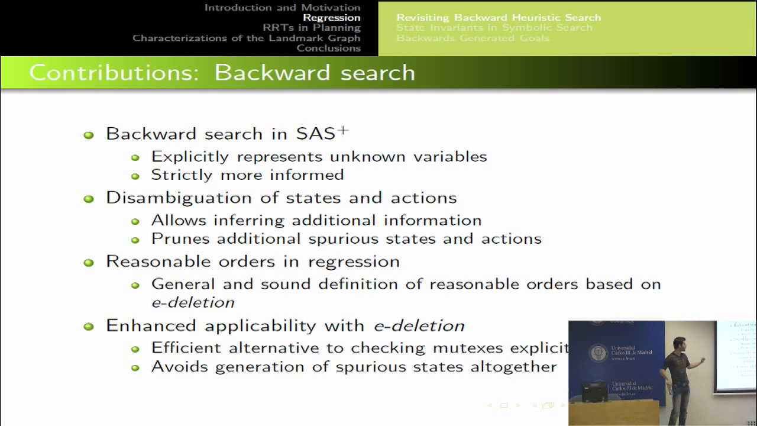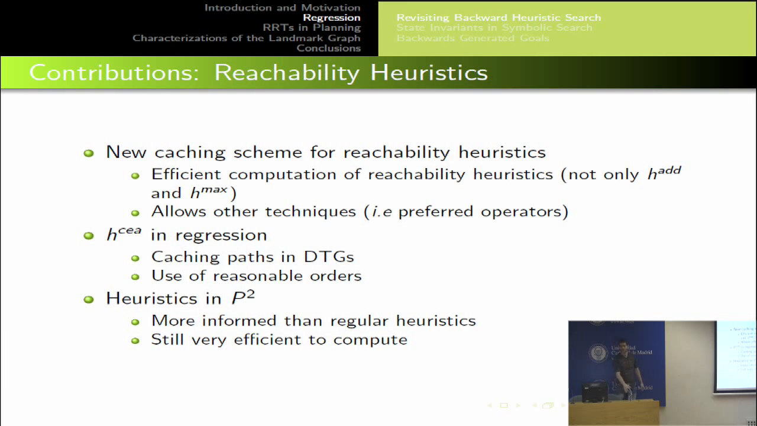Applicability with the deletion. In this case, we thought of HSP, which checks mutexes individually. In this case, we avoid the generation of spurious states altogether by modifying the applicability of actions in regression with the deletion, which is quite neat. Regarding reachability heuristics in regression,